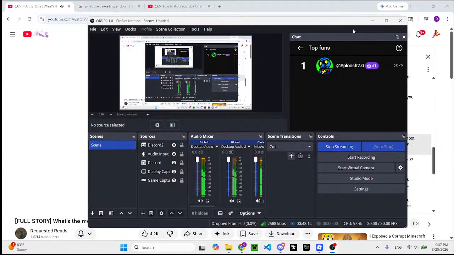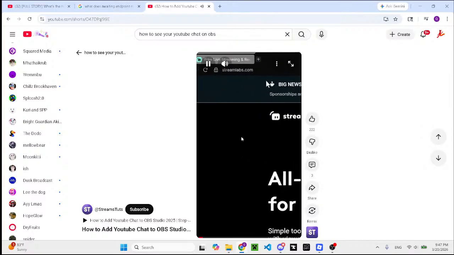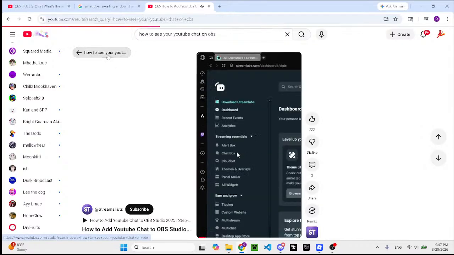Now I need to figure out how to add my chat Streamlabs widget. First, open up streamlabs.com, connect your Twitch or YouTube account, then go